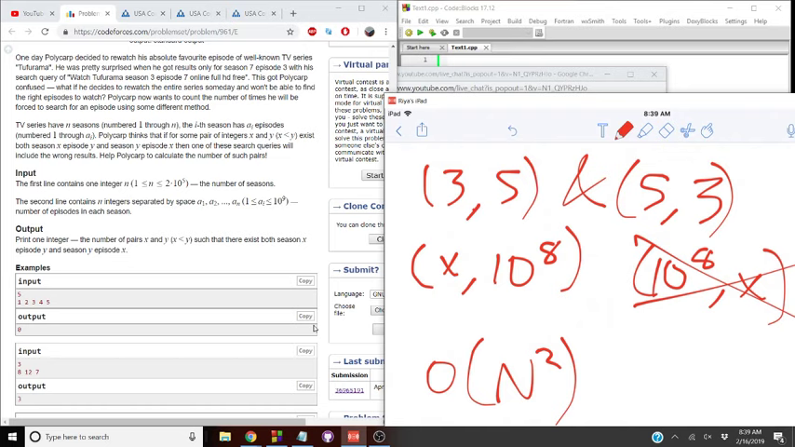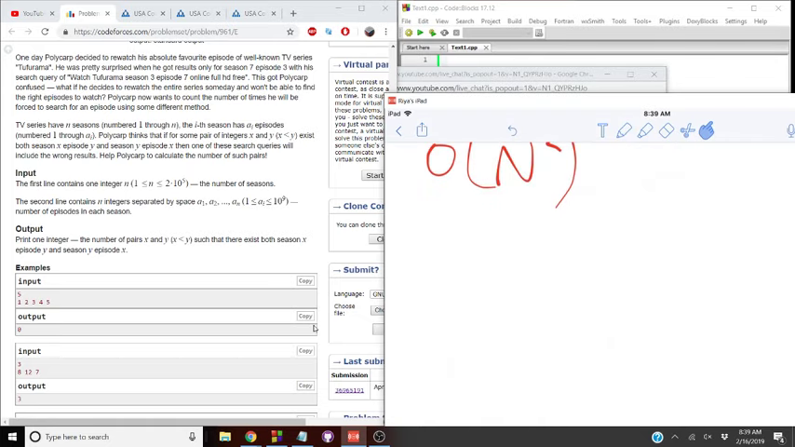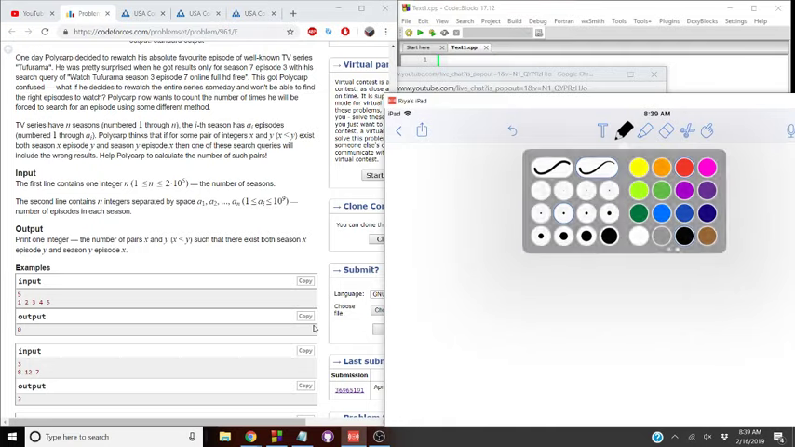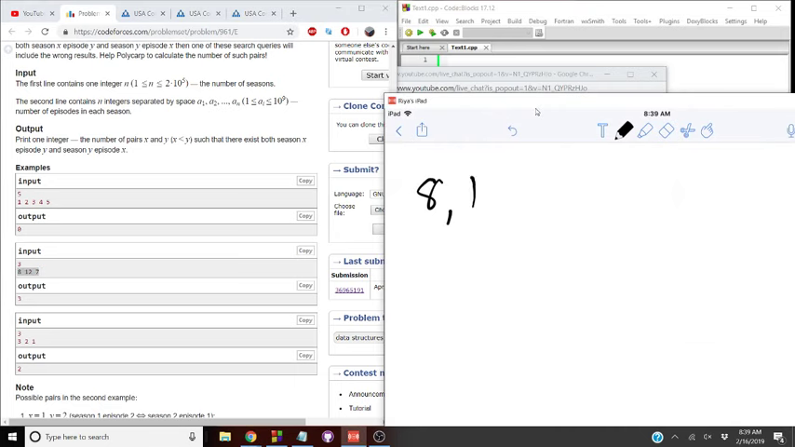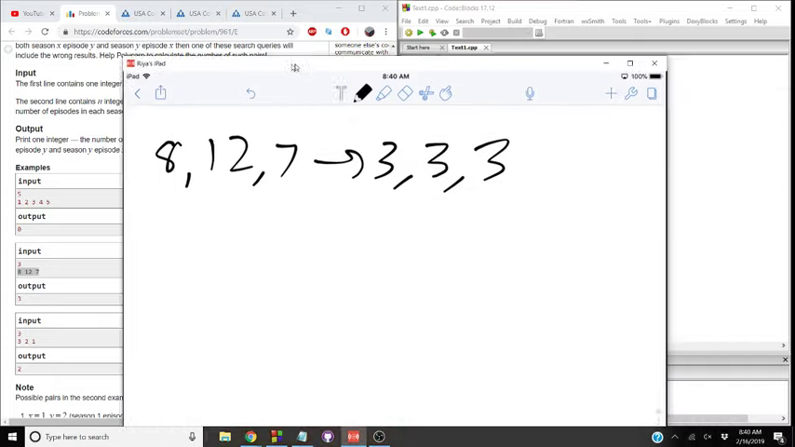Alright, okay. So now let's count things one at a time. Let's look at this sample input here. First of all, we can change 8, 12, 7 to 3, 3, 3, because we take the minimum of what it currently is and n. Okay, so now from 3, 3, 3,